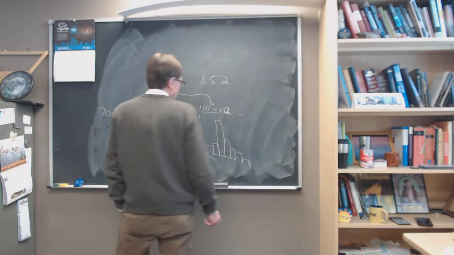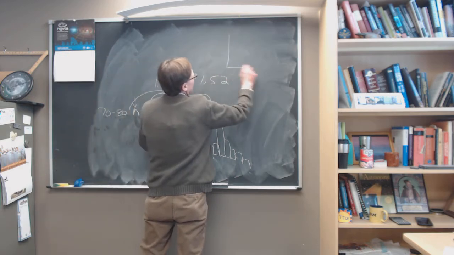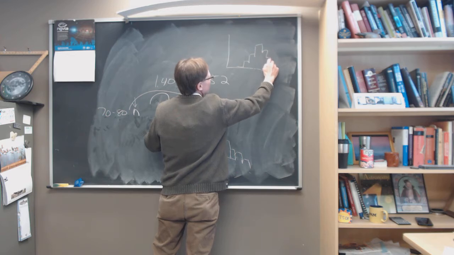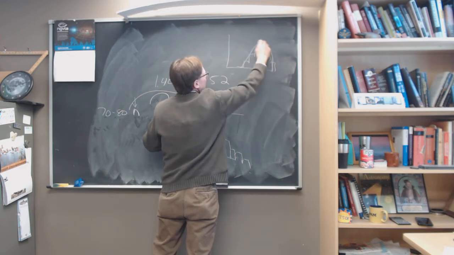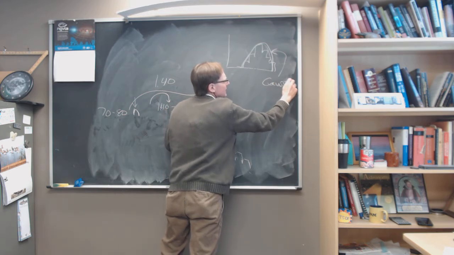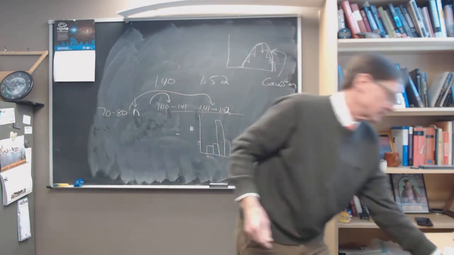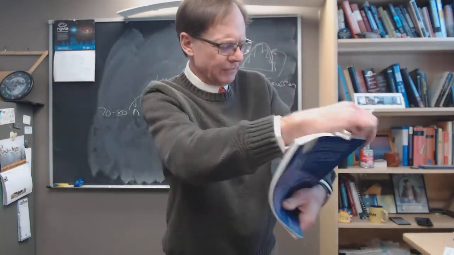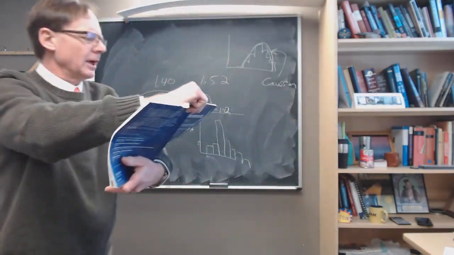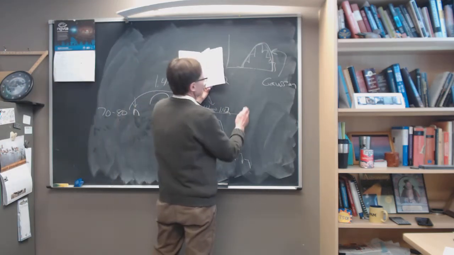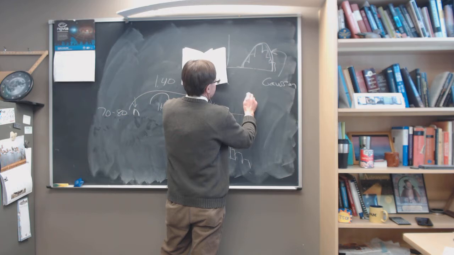So you've got your histogram, and you fit a Gaussian here. You have to give it starting values. You have to give it guess values. Okay? So that's your Gaussian curve. It's a functional form. If you look at Hughes and Hayes, your textbook for the lab component of this course, if you look on page 24, so on page 24, they give you the functional formula for that that says